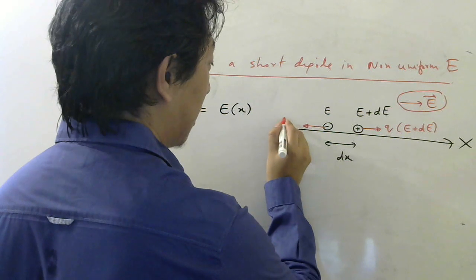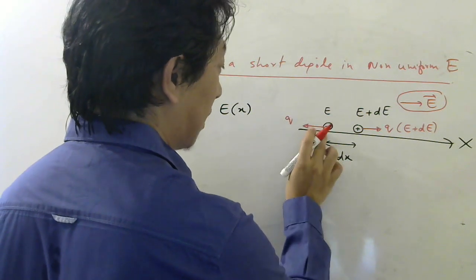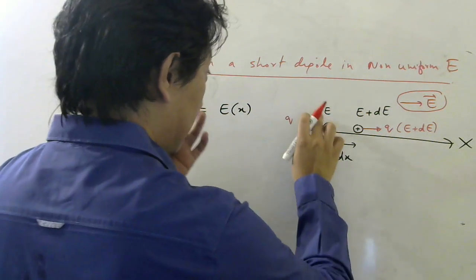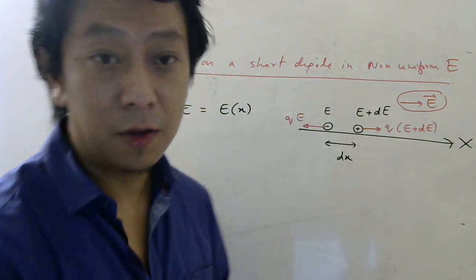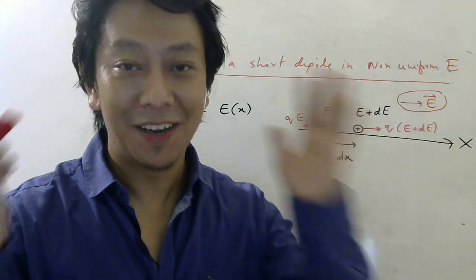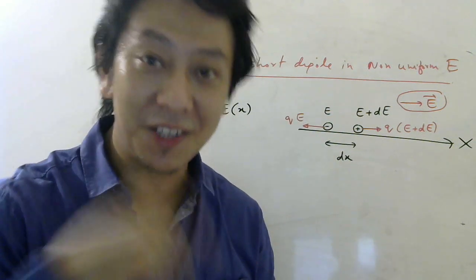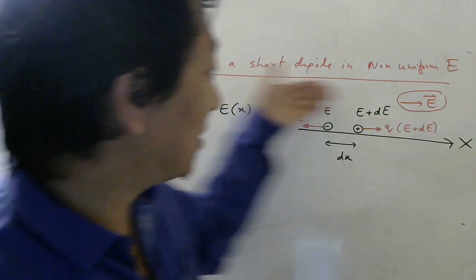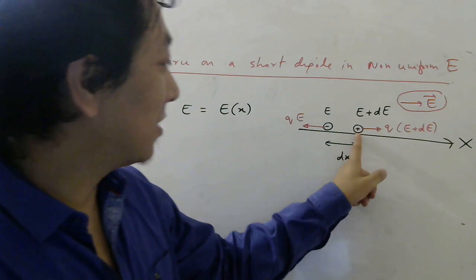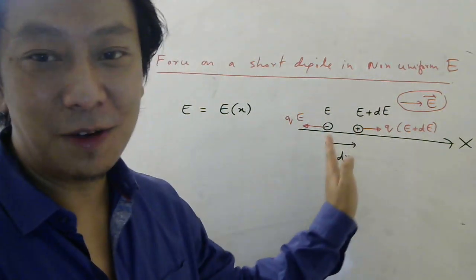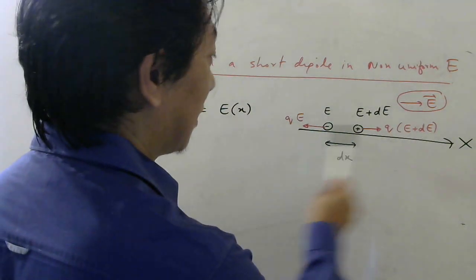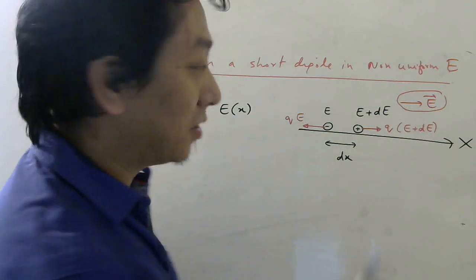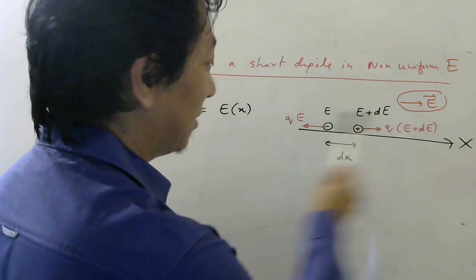What will be the magnitude of the force? Charge. Magnitude of charge is Q. Electric field here is E. Why this side? Because it is negative charge. 1 crore times I have told. Negative charge will feel force opposite to electric field. So if I imagine electric field is this side, one charge will feel force this side, other charge will feel force opposite side. So do you think these two forces will cancel? How they will cancel, students? This is more in magnitude than this.